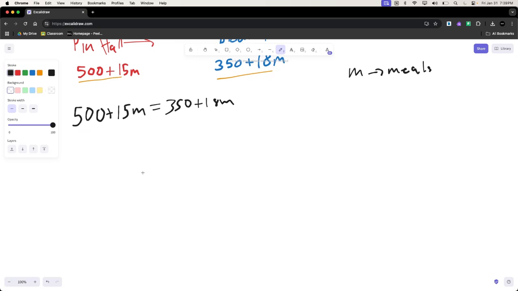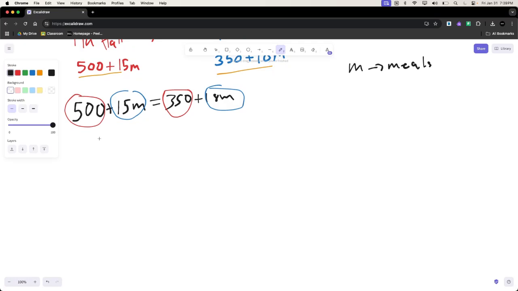So first things first, what I'm going to do is move the different terms. The terms that we have are coefficients with m, right? So that would be these two, and then we just have regular terms that don't have any variables attached to them, right? So let's start off with the regulars. I'm just rewriting the equation: 500 plus 15m, which equals